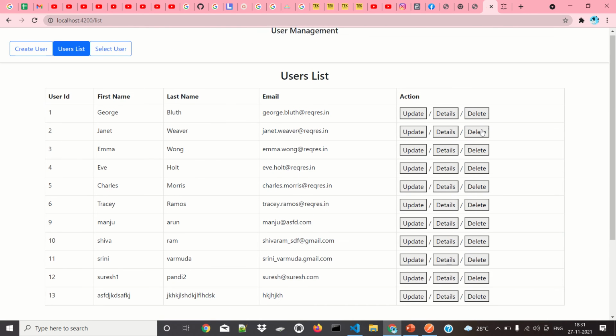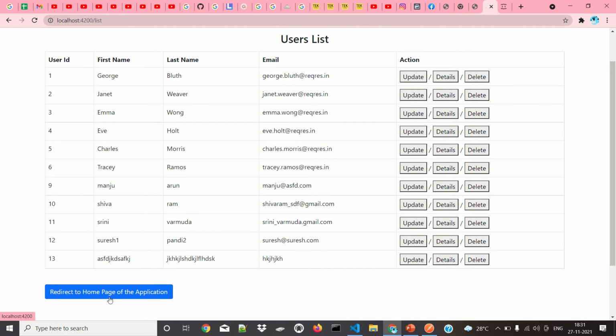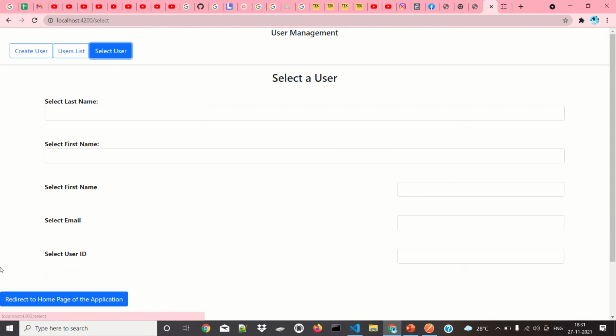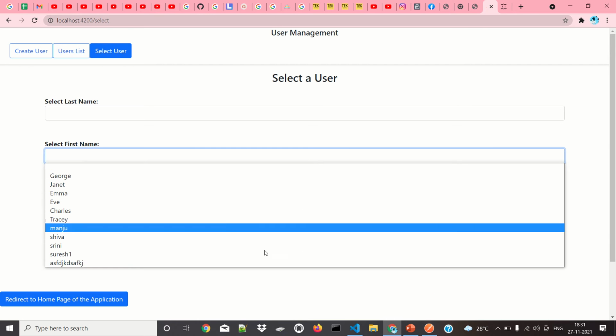We can go directly to the home page of the application, and we have user selection based on last name, first name, email ID, and user ID. Many options are there, you can see.